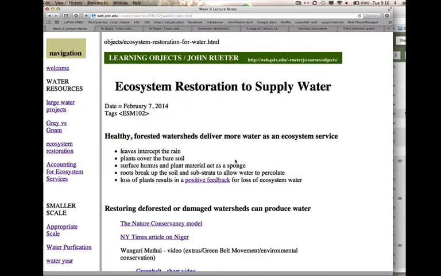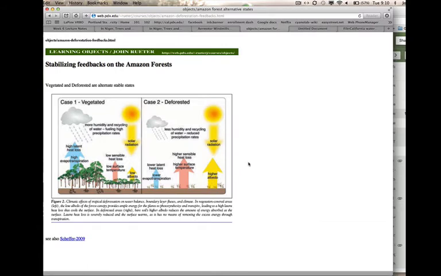And the combination of all these beneficial things of plants means that, in many cases, there's an observed positive feedback between loss of ecosystem and loss of overall water. And in the Amazon, this is very stark. A vegetated system has a lot of trees that lose water into the atmosphere, and it actually absorbs more of the sun's light directly, but the water cycles through there. The humidity goes back up to the atmosphere and then rains down, goes up, rains down. So you get this cycling of water.